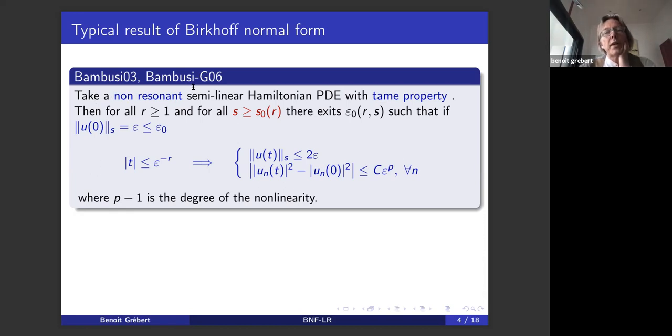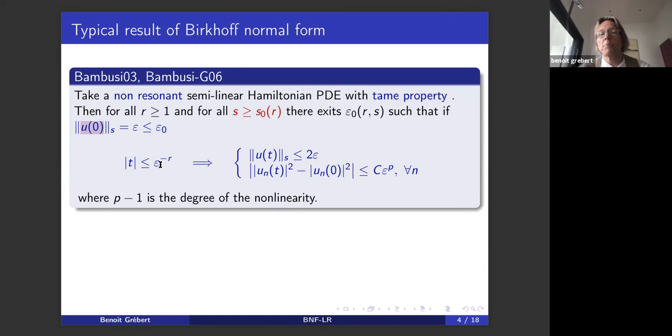The result says that if you take non-resonant, of course, non-resonant is important, I will define the concept of resonances later. If you also have semi-linear Hamiltonian PDEs and you assume something on the nonlinearity, which is a tame property. I am not going to define this property, but essentially it's satisfied in a lot of cases, let's say. Then the result says that for all r, there exists s_0(r) such that if you take s bigger than s_0(r), and if you consider an initial datum u_0 which is small in the H^s norm for s bigger than s_0, so small means smaller than some epsilon_0,